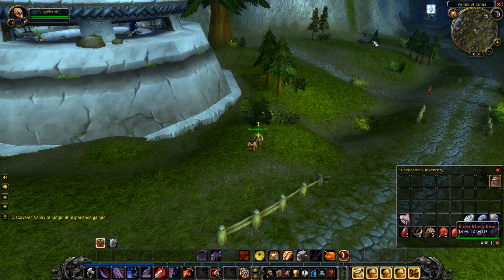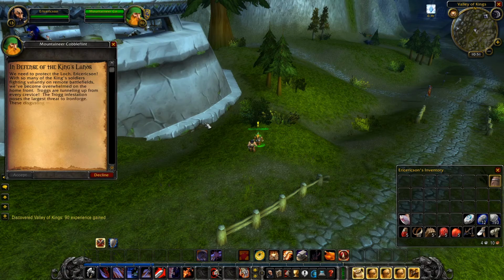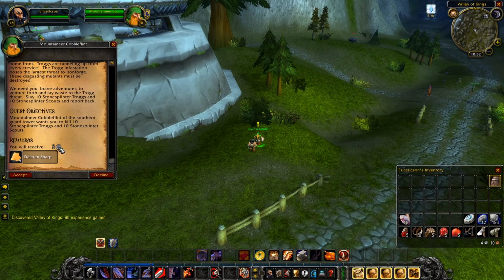Is it by any chance kill a bunch of these bears? Great to meet you. In defense of the king's lands, we need to protect the Loch. With so many of the king's soldiers fighting valiantly on remote battlefields, we've become overwhelmed on the home front. Trogs are tunneling up from every crevasse. The Trog infestation poses the largest threat to Ironforge. These disgusting mutants must be destroyed. We need you, brave adventurer, to venture forth and lay waste to the Trog threat. Slay 10 Stonesplinter Trogs and 10 Stonesplinter Scouts and report back. And we'll receive 5 silver, and